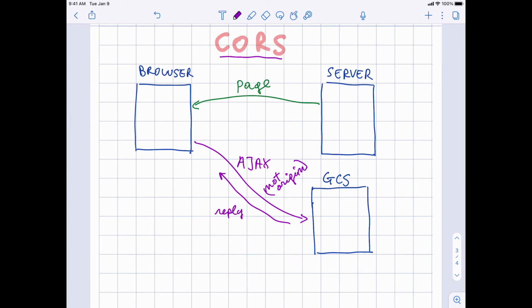But also there will be a header that will say, well, what will it say? If we don't configure CORS, the header will say nothing. And the browser will say, hey, I just did on behalf of the page a request not to the origin of the page. The reply came back with a blank authorization header. I'm going to throw away the reply.